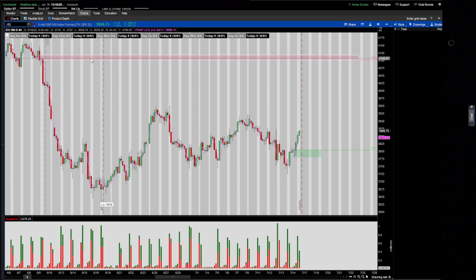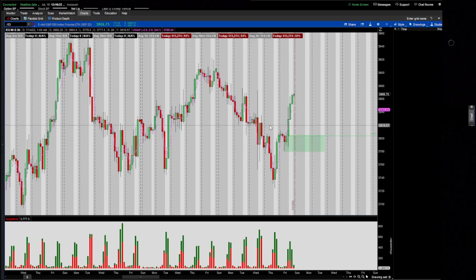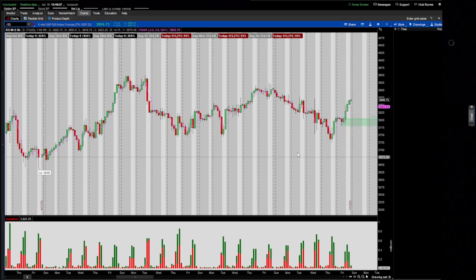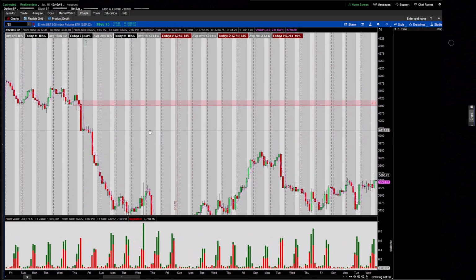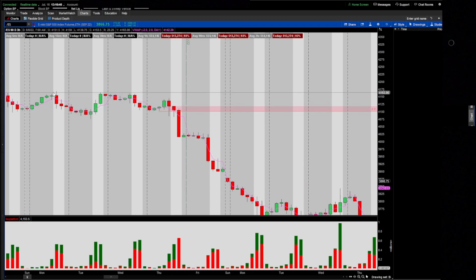So right here we have a supply zone and demand zone. And then we work our way down. We go to the 3-hour. We see if we see any new zones here. I don't see any new demand zones, so I start looking for supply zones. Let's see. Right here you can see a supply zone,